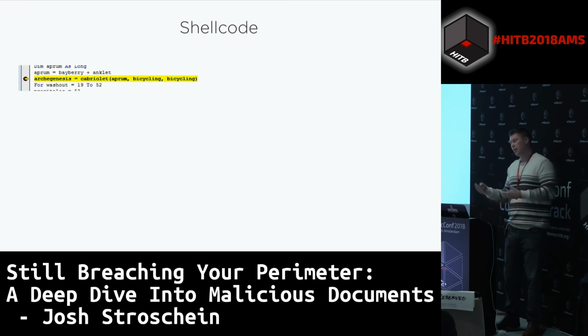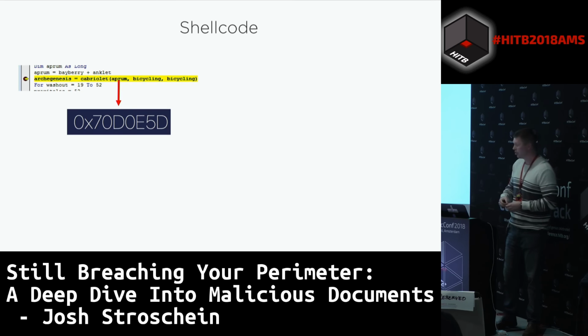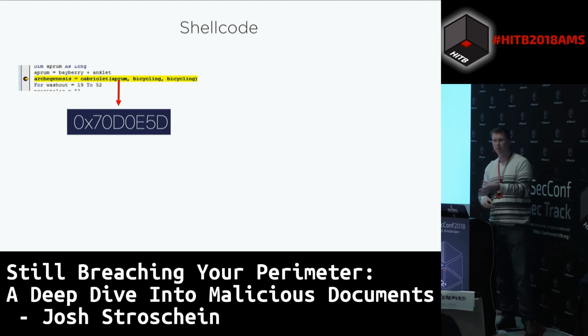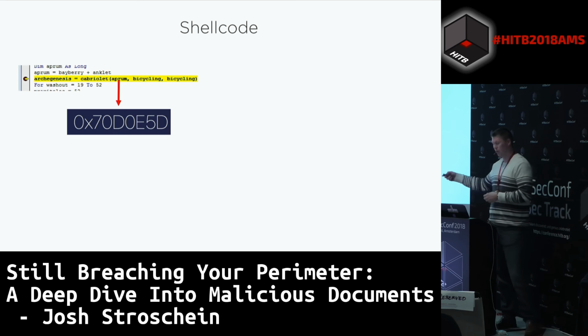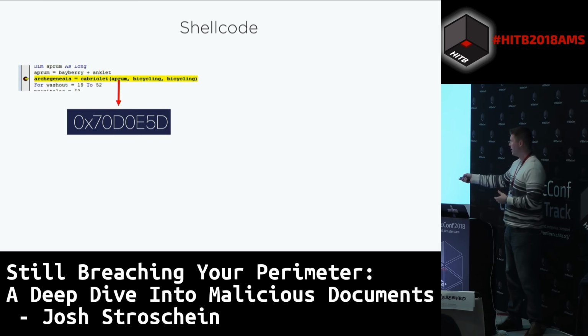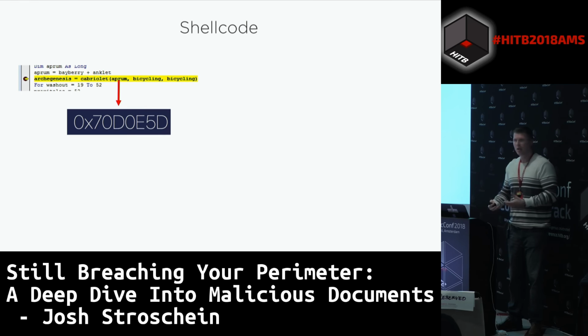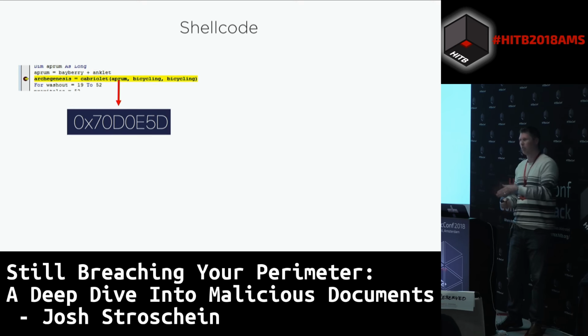If you're interested in extracting, as I was, that shellcode from memory, what I decided to do was to set a breakpoint in the Office IDE at this function call. This allowed me to determine the value of that first variable, which will be the address in memory that shellcode is at. Not only is it the address in memory, so we'll find the base of this allocation, 70D0000, but it's also the offset. So it's beginning execution at an offset from that base at E5D. That's important because if I want to take that shellcode out of memory and disassemble it, it's usually very helpful to know the entry point so that I can tell my disassembly tool to start in the right location